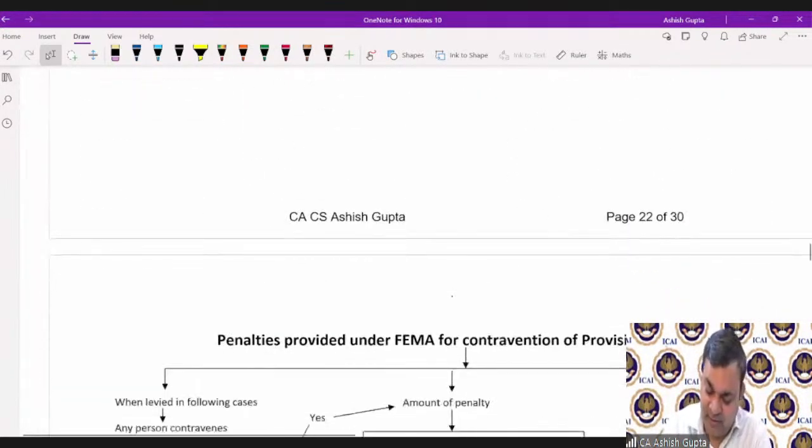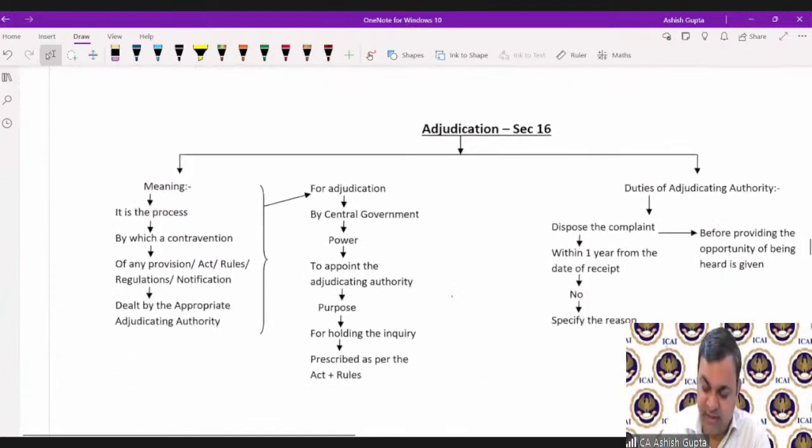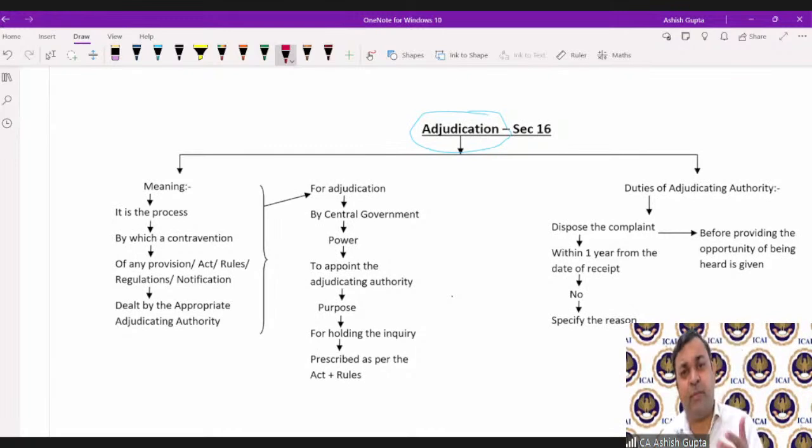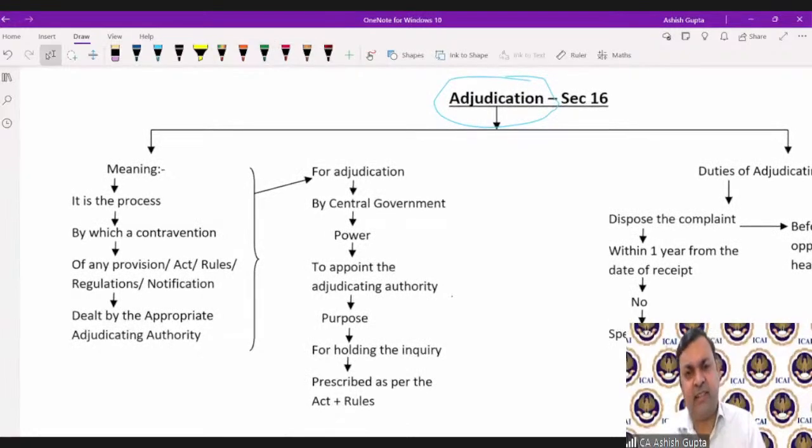Now, there is the concept of Section 16. Now we are going to deal with the adjudication part. Adjudication means the appeal part, provision part, right? In case of confirmation, you can appeal to the respective authority. If RBI imposes any penalty, in that case you can make an appeal to the authorities. Okay. So we are going to proceed towards the Section 16 part. Sections 11, 12, 13, 14, 15, I think all sections are clear.